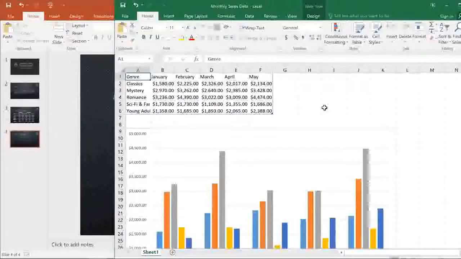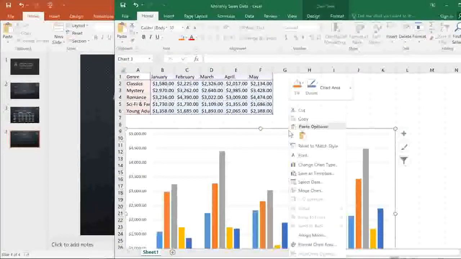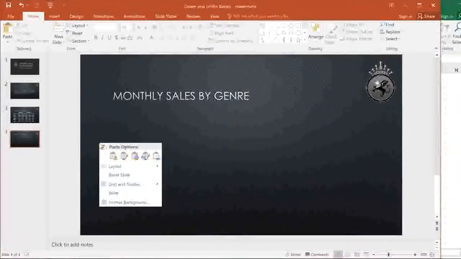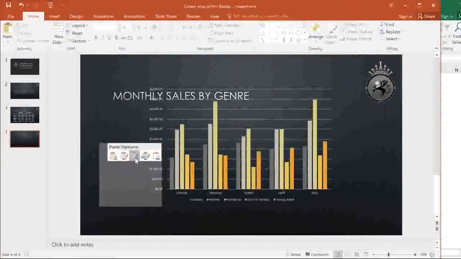Whenever you need a chart in PowerPoint, you don't need to create a new one from scratch. Instead, you can embed Excel charts in your slides. First, I'll right-click on my chart in Excel and copy it. Then I'll go back to PowerPoint and right-click on my slide. I'll look for an icon labeled Use Destination Theme and Link Data, and I'll click it to paste the chart